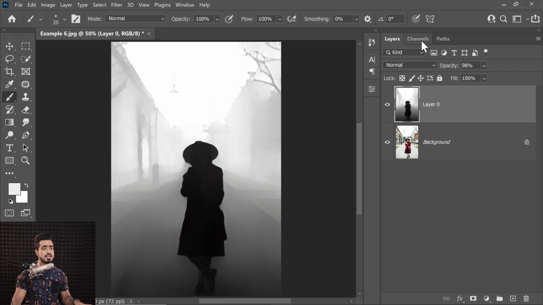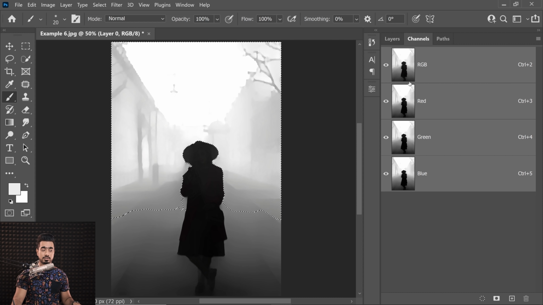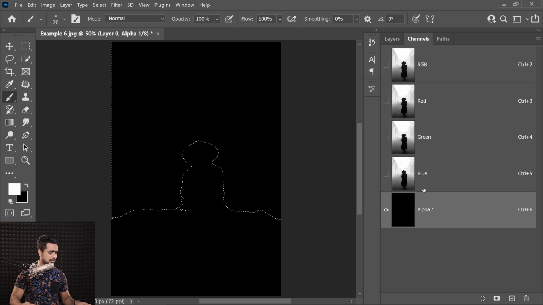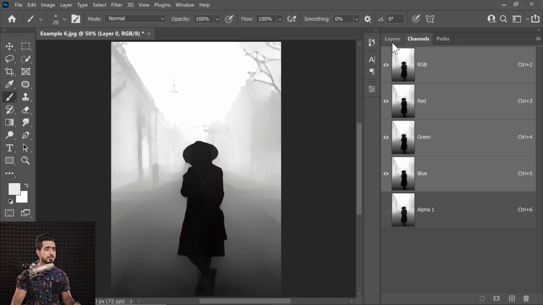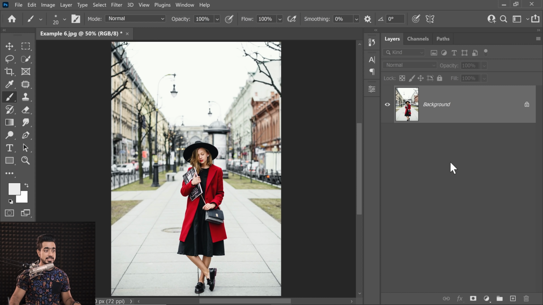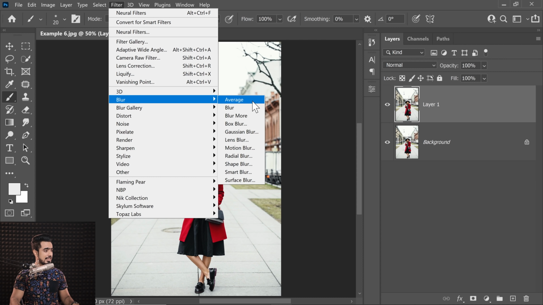Now, once you have corrected this, then you would have to create an alpha channel of this, and the way to do that is by going to channels, hold the Control or Command key, click on the thumbnail of the RGB to create a selection based on the brightness, and then you might want to create a channel. This creates an alpha channel. Fill that with white, press Ctrl or Command D to deselect, click on the channels again, come back to layers, delete this, make a copy of the background layer,